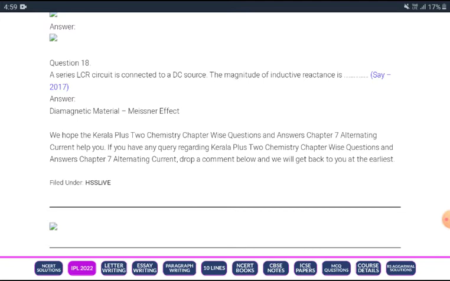A series LCR circuit is connected to a DC source. The magnitude of inductive reactance